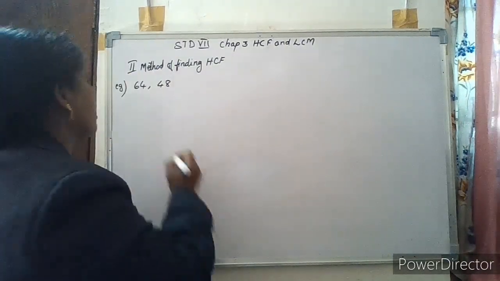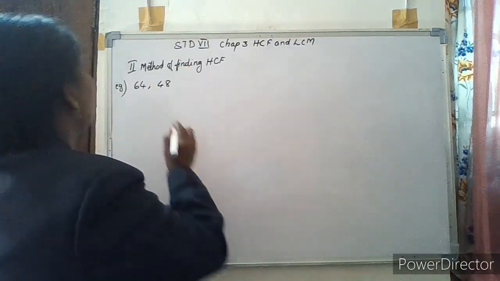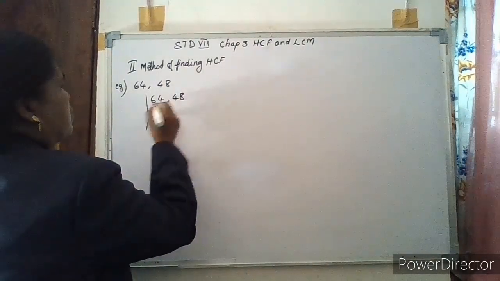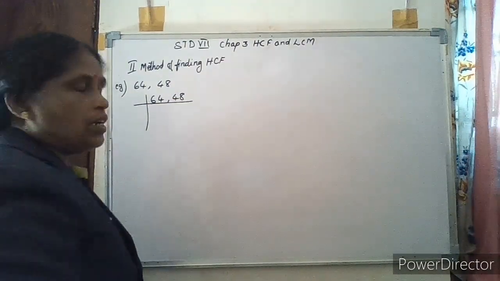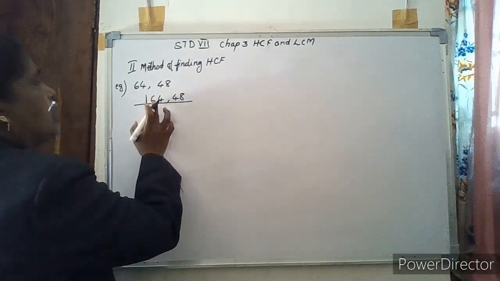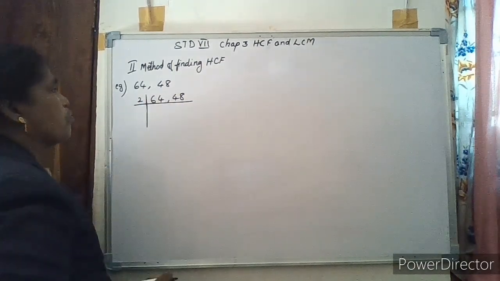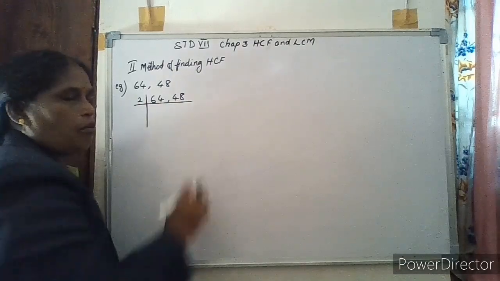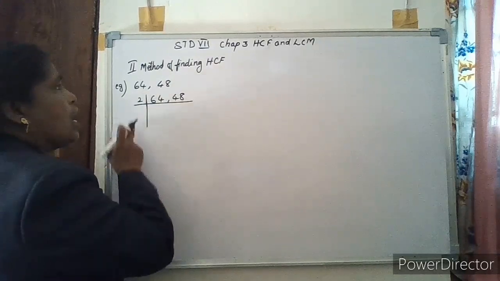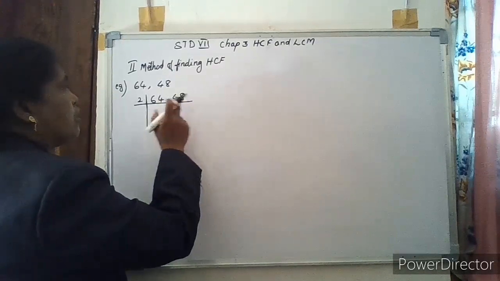Here what you have to do is, it's just like the first method, the vertical method, but here we have to take the numbers together, like 64 and 48. Together you have to use the vertical method, by which you factorize. Now, these two numbers are even numbers, so they are divisible by 2. Both the numbers are divisible by which number? You have to take only those as the factors. So 2 is the factor here for both.